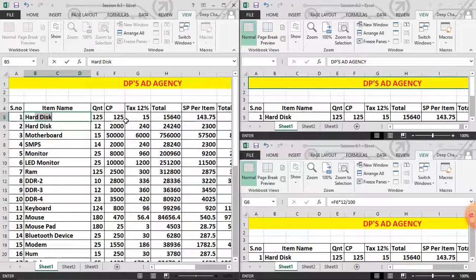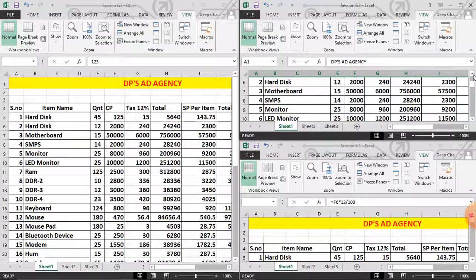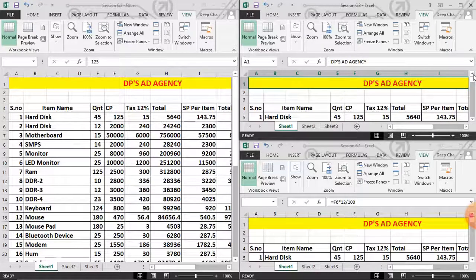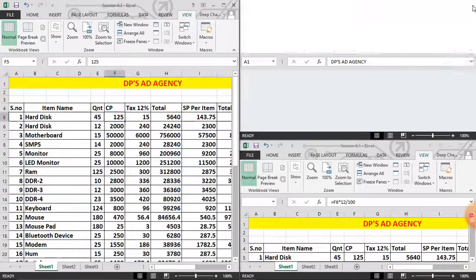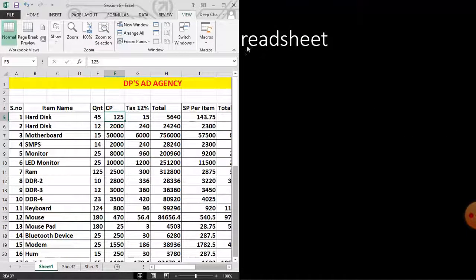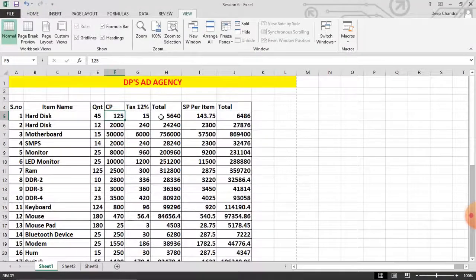Whatever you want to change here, like where I deleted, you can see it also changes in the child sheet. Now if we delete here and change the other quantity, it will automatically change in the child sheet, 6.2. All these 3 sheets now have the same property. If we change anything in any sheet, it will automatically change in all 3 sheets. Students, now see what the use of